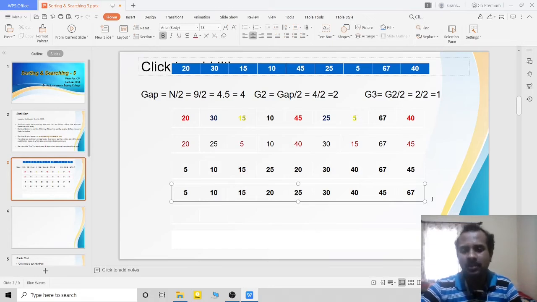The number of steps required to solve the shell sort is very much lesser compared to the insertion sort. So you have to stop when you are going to have the gap of 1, because if I want to make the G4, then it will be G3 by 2. So now G3 is 1, right? 1 by 2 is 0.5, which will give the gap of 0. So you have to stop, and you should not go to the gap of 0. You should stop after the execution of gap equal to 1. So after the gap is equal to 1, you will arrive at the proper sorted order.